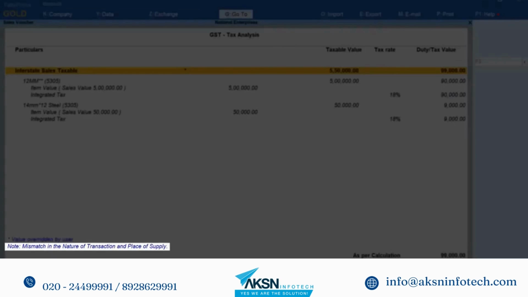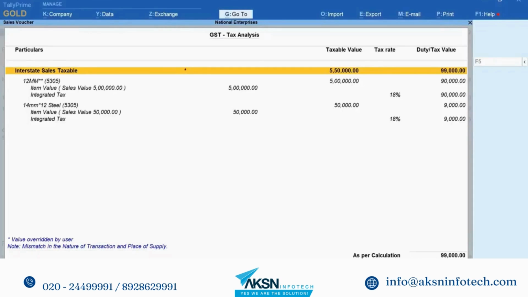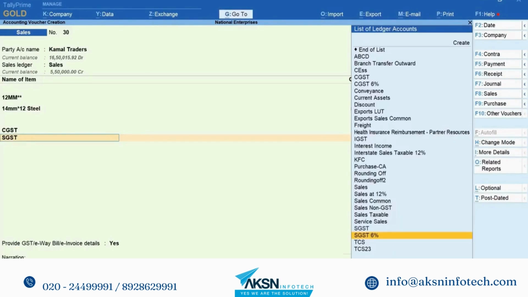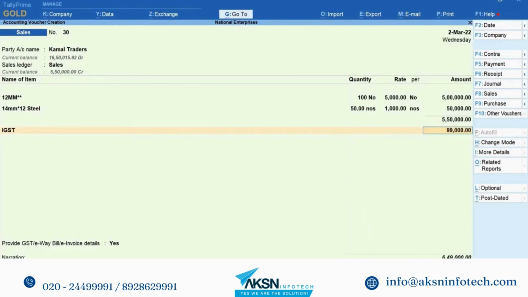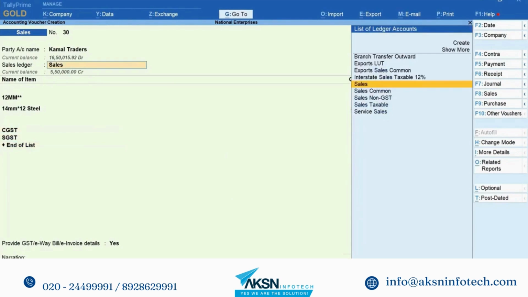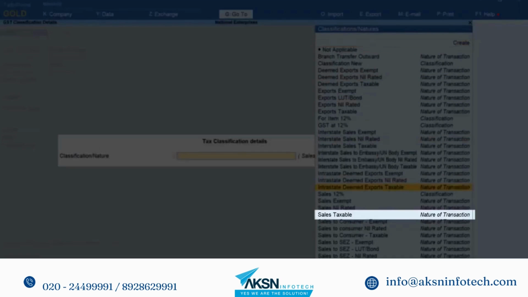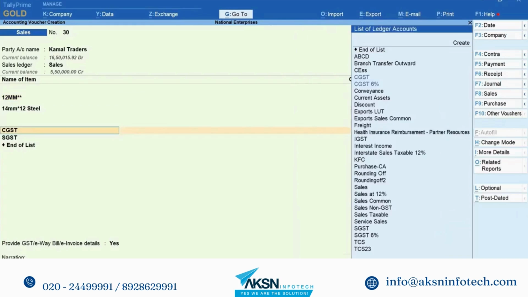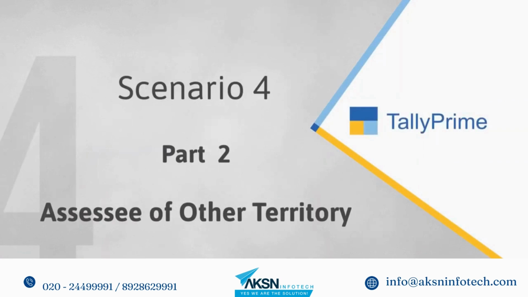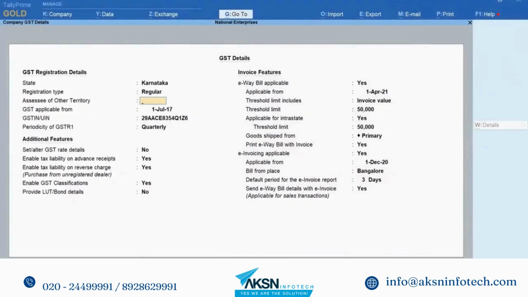वाउचर में जीएसटी कैलकुलेट न होने का विशिष्ट कारण दिया हुआ है। इसमें भी आप दो चीजें कर सकते हैं। सीजीएसटी और एसजीएसटी की जगह आईजीएसटी टैक्स लेजर चुनें, या फिर यदि नेचर को गलती से बदला गया था तो आप वापस नेचर को पूर्व स्थिति में लौटाकर लोकल सेल्स टैक्सेबल रख सकते हैं।